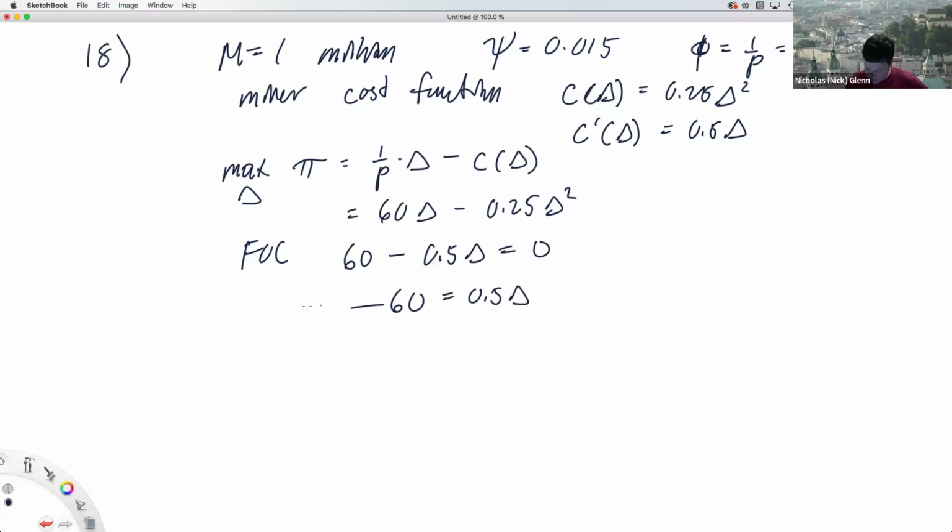All right, so what is this 60 over here? Well, this is the marginal revenue. This is for this last unit of tokens being produced. This is the amount of money that it's going to bring them for each unit. Yes, it's 60 units of goods that can be bought for each unit that they produce here. What is their cost for this last unit? Well, that's represented here on the right. It's 0.5 delta here.